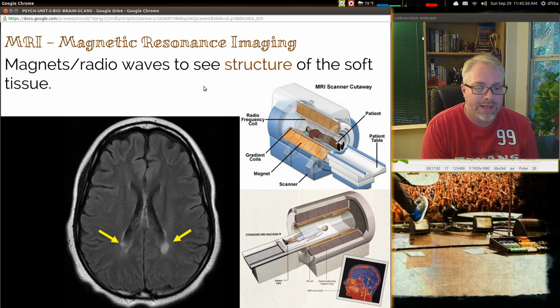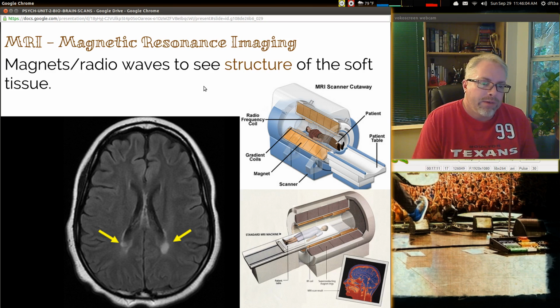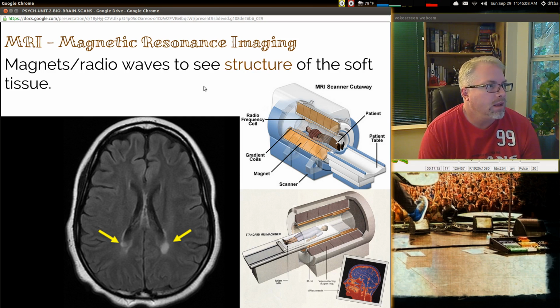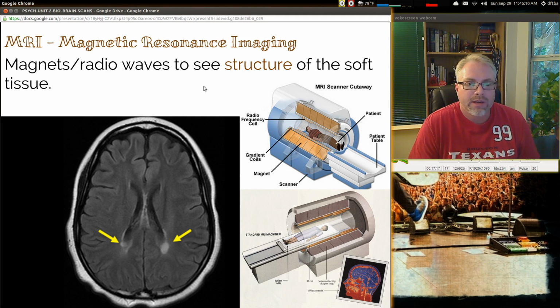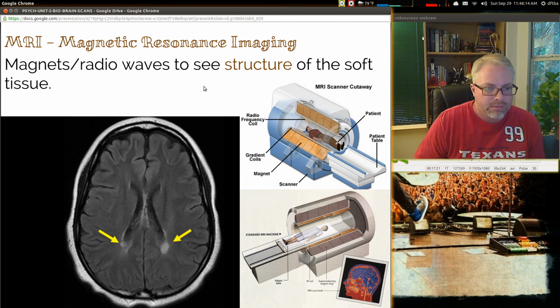At the bottom, the standard MRI machine is shown, and then maybe a different view of it. Maybe you can see some things you couldn't see in the other one a little bit better. I mean, I don't know. If you've had one, you know what it's like. You lose track of time in there. It just seems like you're in there for a long, long time, and it can kind of start playing games